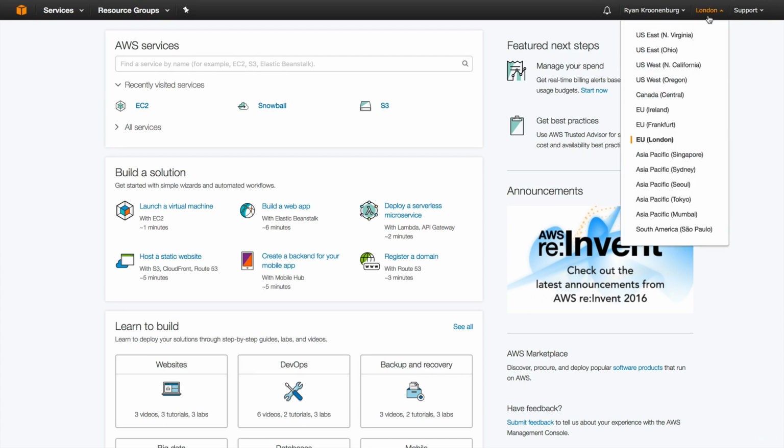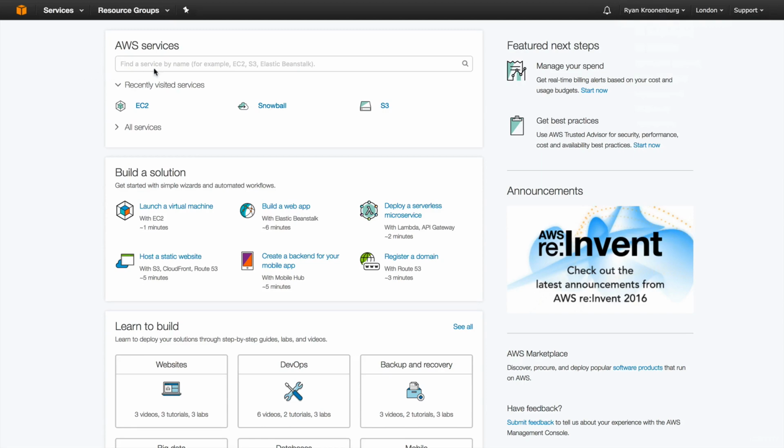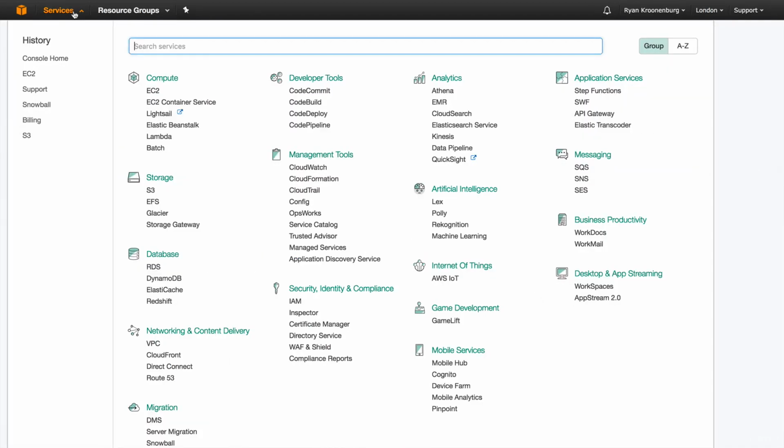Choose a region that's closest to you. Remember, if it is a new region, that might mean that you won't see all EC2 instance types in terms of the different families. So London is very new at this stage, but for the purposes of this course, we're always going to be using T2 micros. But if you do want to see the Dr. McGift picks, different instance types, then you want to do it in an older region, something like US East North Virginia. So I'm going to just leave it on London, and then I'm going to go down to services,